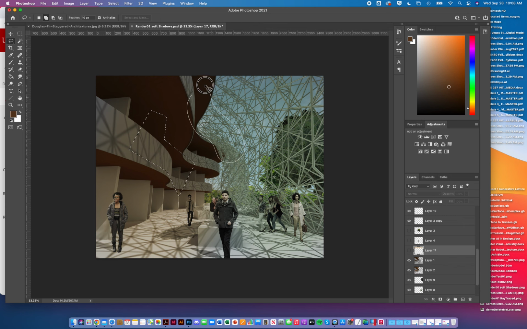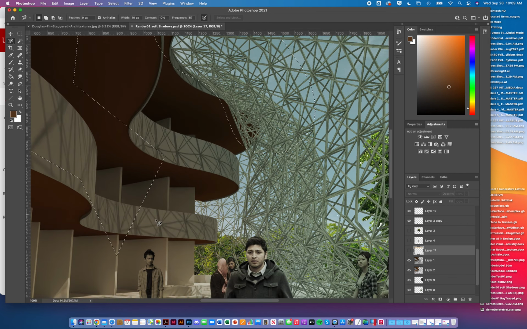Here's just the freehand lasso tool. There's the magnetic lasso tool. If I zoom in and select this layer, I click somewhere and then try to fall along the edge, and it tries to follow along with me. So if you have a lot of patience or you have something really complex and you need to drag it along, you can do that. In this case,